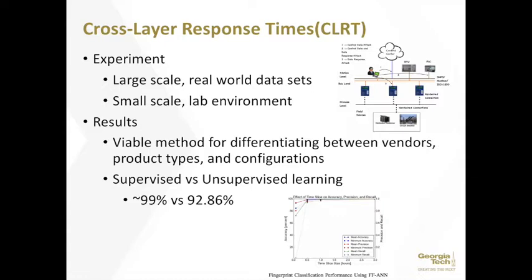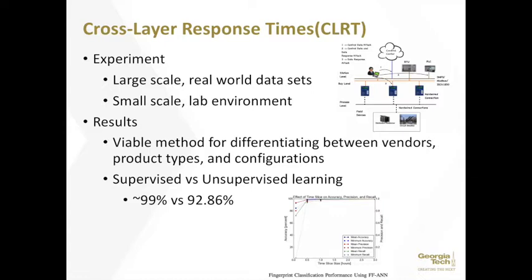Now, the researchers applied various mechanisms to identify whether or not the data they pulled back was able to determine which products and vendors. And I'm going to summarize that real quick, but the two big approaches that they had were supervised and unsupervised machine learning to determine: can this mechanism, this device fingerprinting methodology, be used to determine what device products, what brand they are, as well as the configurations. And they were able to with about 99% accuracy versus 92% accuracy with unsupervised learning.